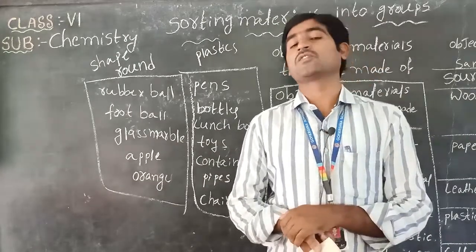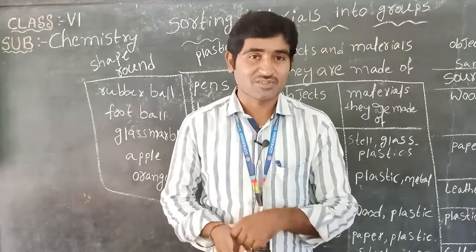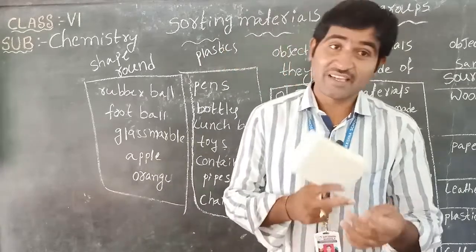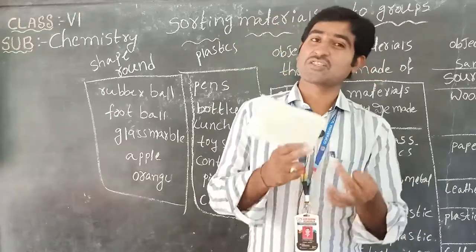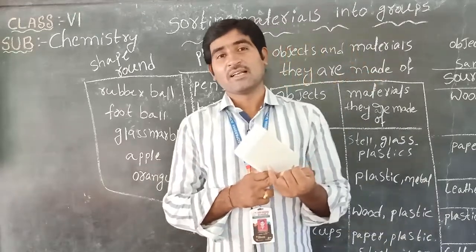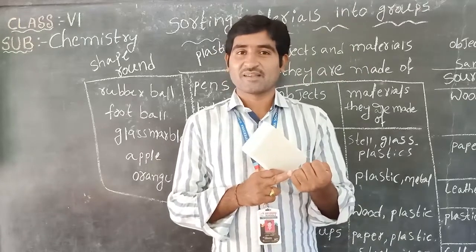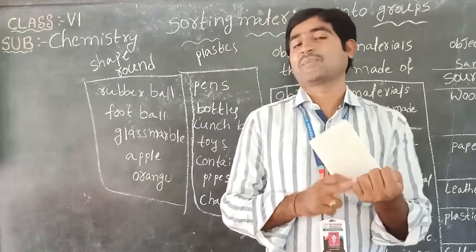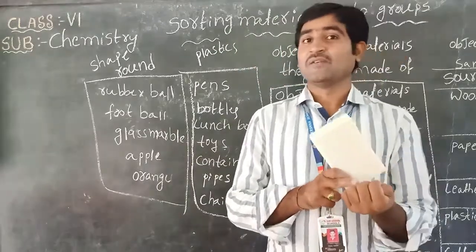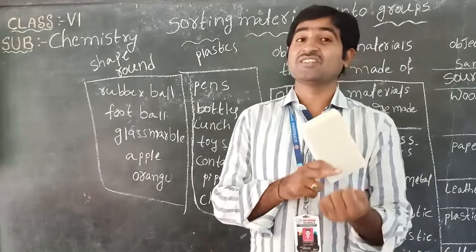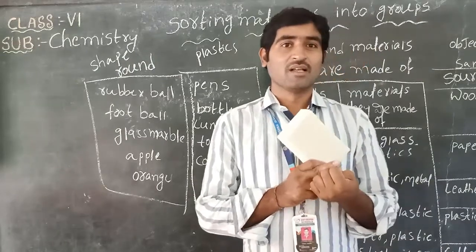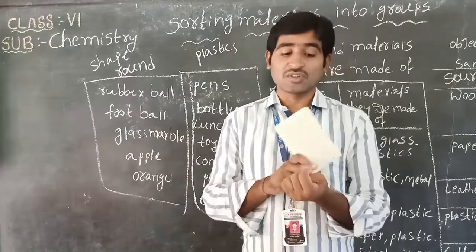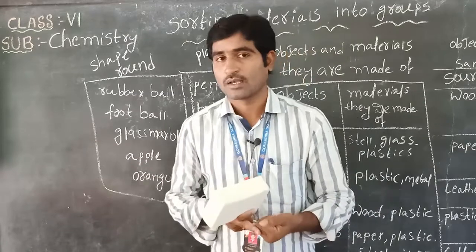One more way is possible to make the list. That way is the material which is used for cooking. We are seeing vegetables, carrots, potatoes, tomatoes, mirchi, rice. Is it possible to make plastic or wood or paper items with these objects? No. Is it possible to make paper items with these vegetables? No.